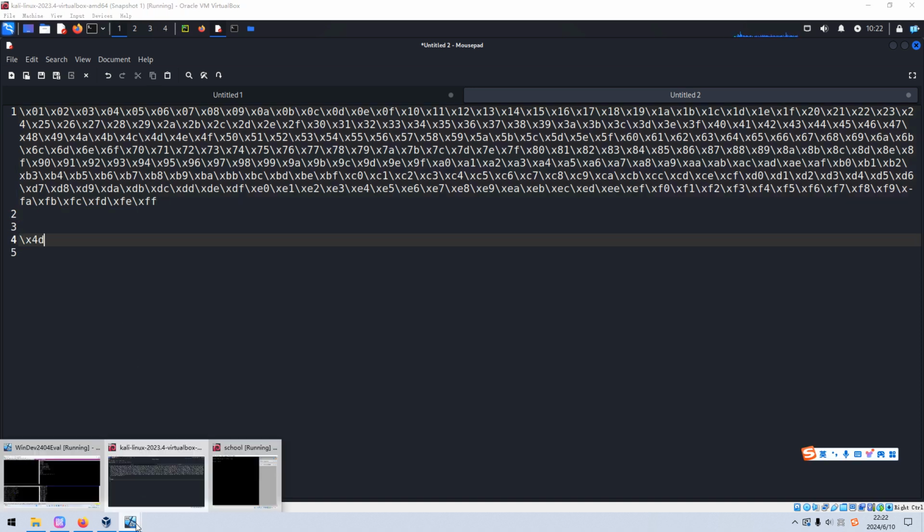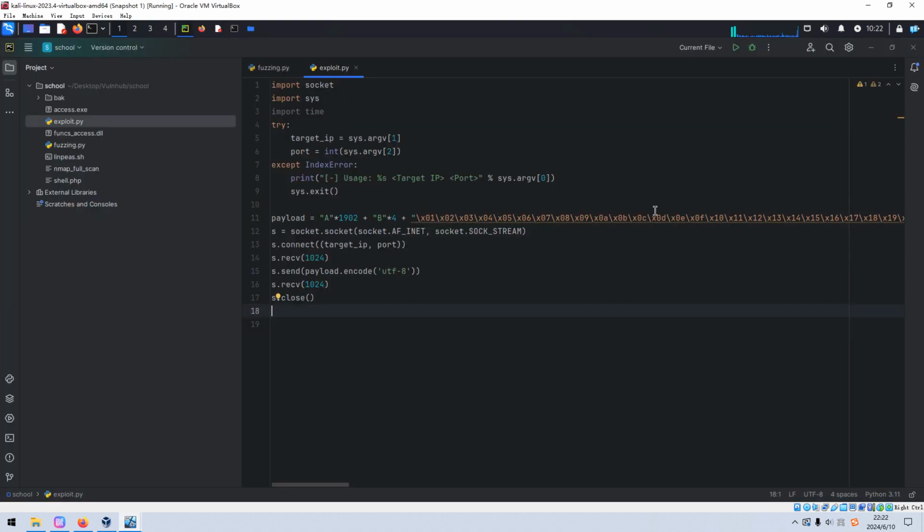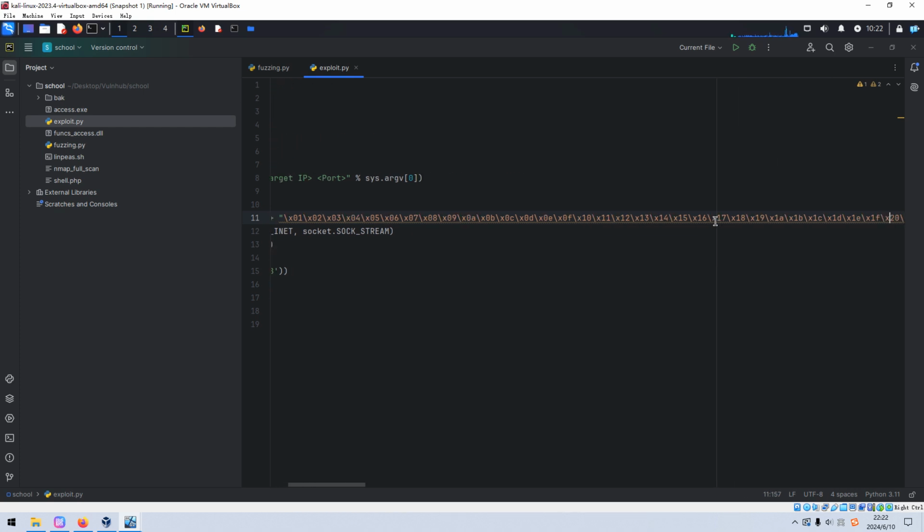And then we can remove 4D from the program. So we need to remove these bad characters.